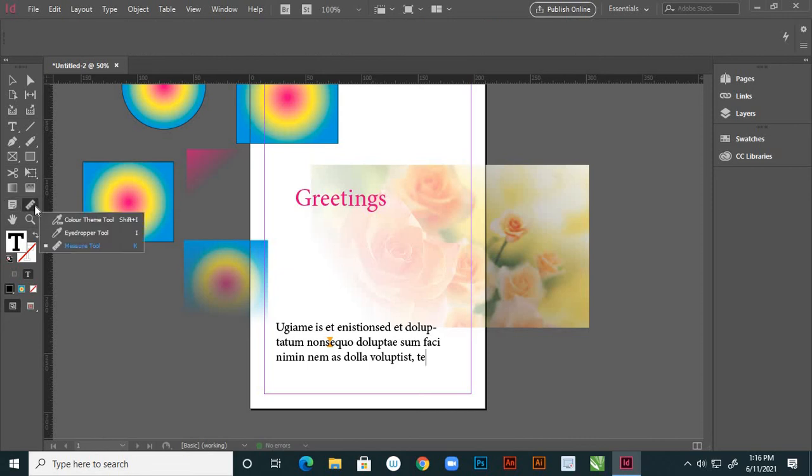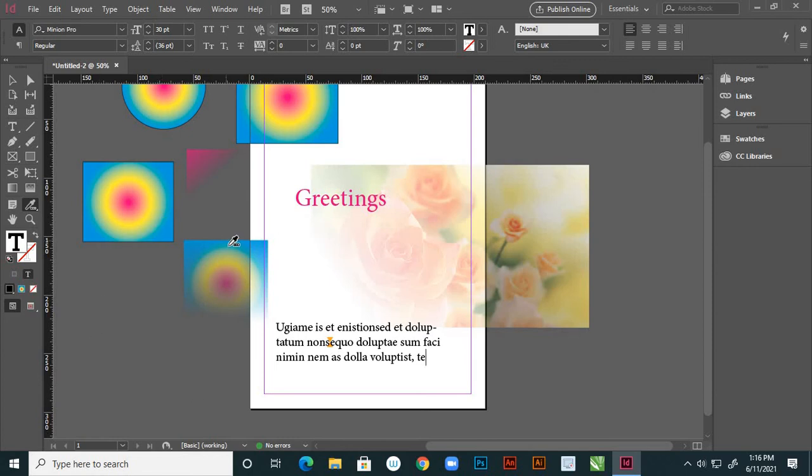And this is the color theme tool, right? And this is the eyedropper tool. So with this color theme tool, you can record your colors. So these many colors it has, so it is recorded in this, divided into swatches. See, it is showing here the values, the cyan percentage, magenta percentage.